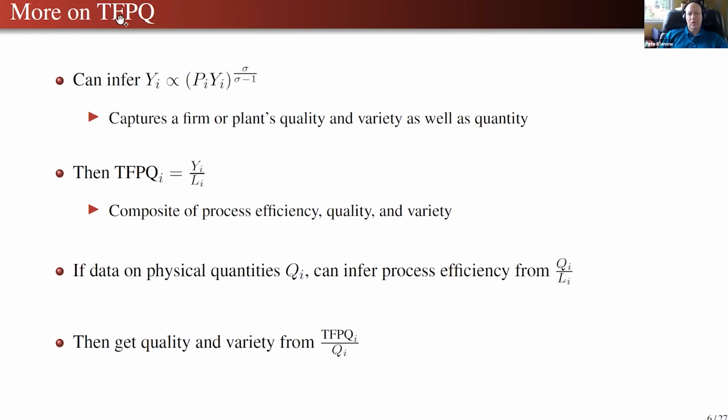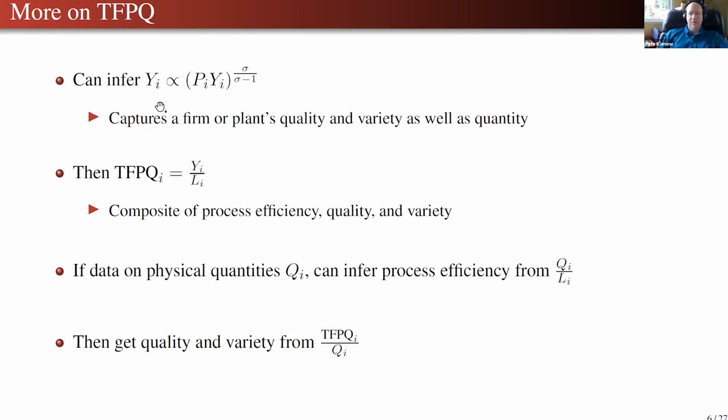Okay, so more on TFPQ. How do you get it if you have revenue data? Well, if you knew this elasticity of demand, you can actually back out. It's like saying if I knew where I am on the demand curve and I knew the slope of the demand curve, I can back out the price and therefore the effective price and therefore effective output. But it's important to keep in mind that this output here is not just quantity, but anything